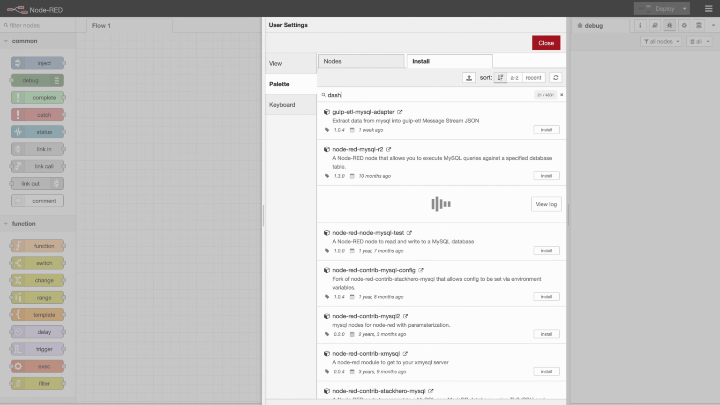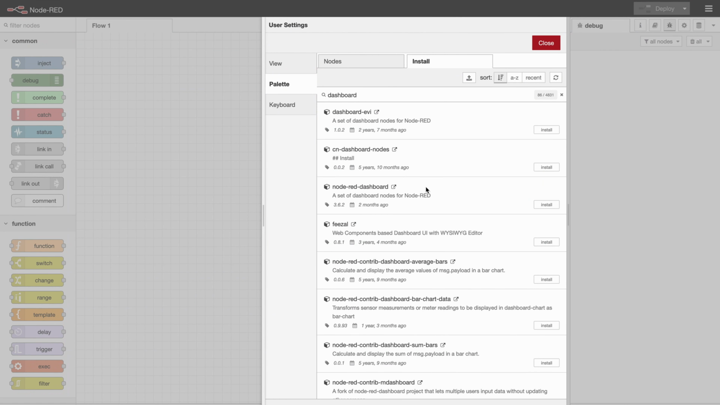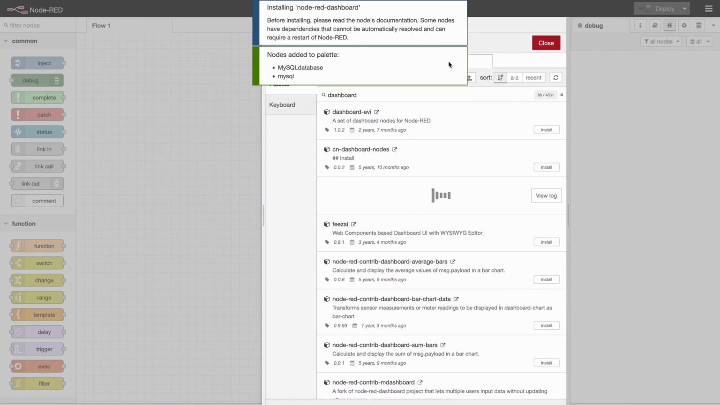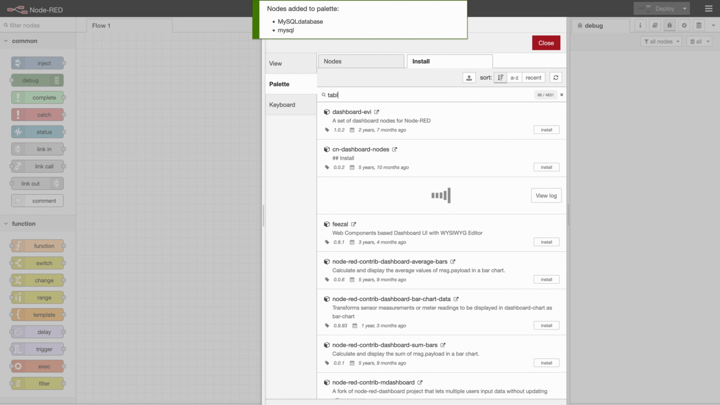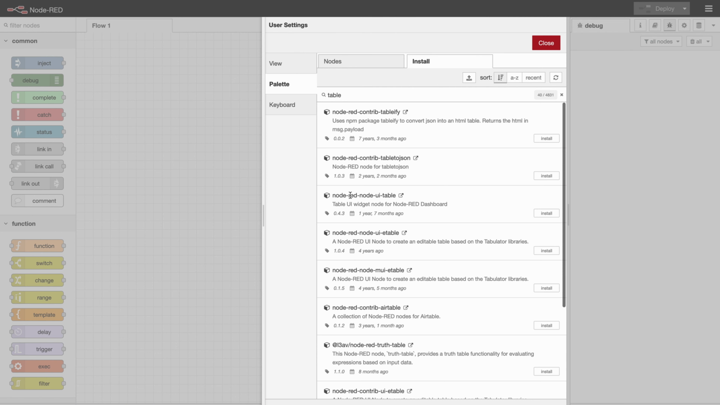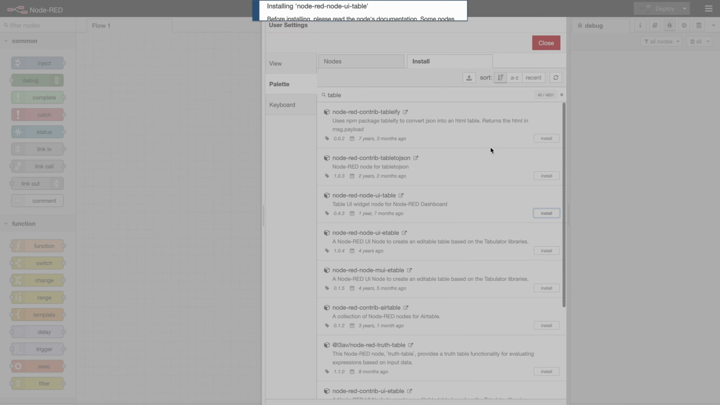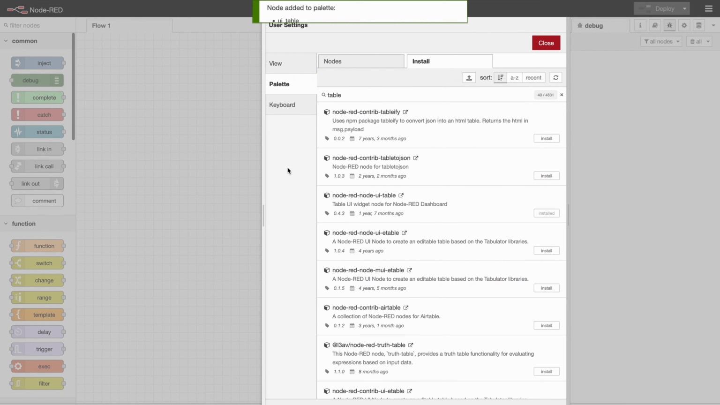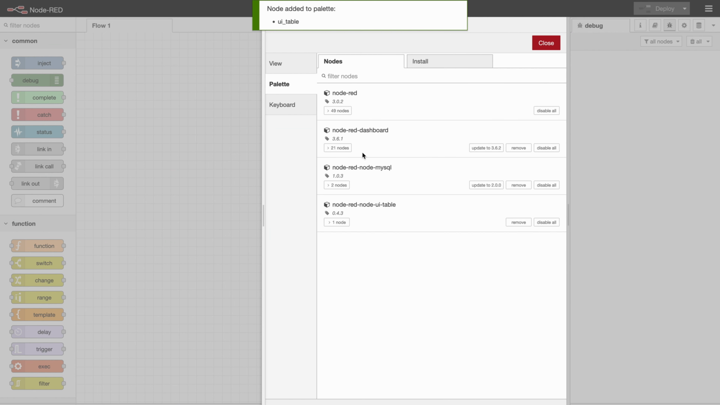Next we will need the dashboard. Click on Install as well, and lastly the table. So that's going to be Node-RED Node UI table. Okay, now you can see that we have all of them installed and we can start importing the flows from